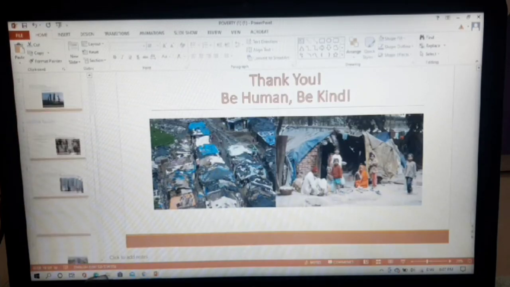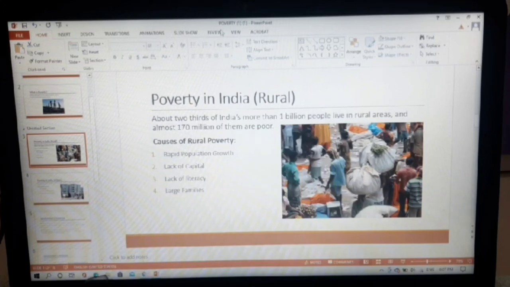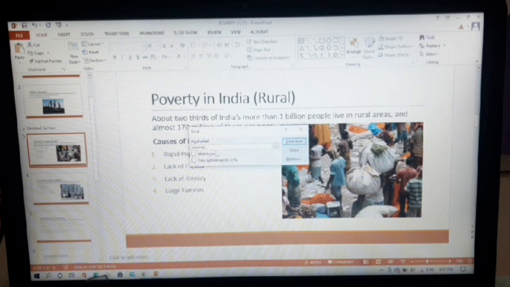Also, if we want to just find one word and replace that word, then we can simply go to this Find option and type